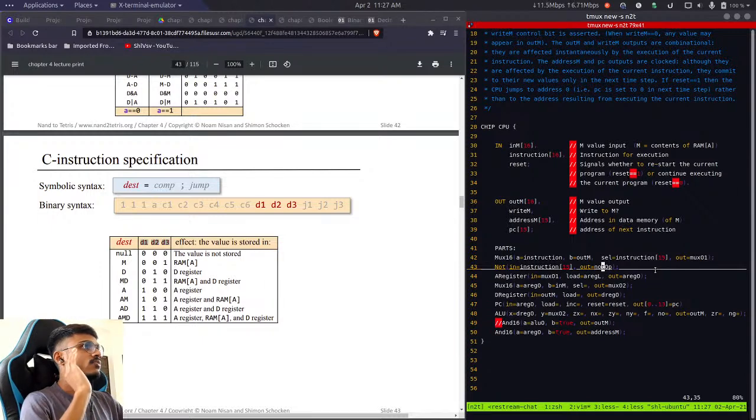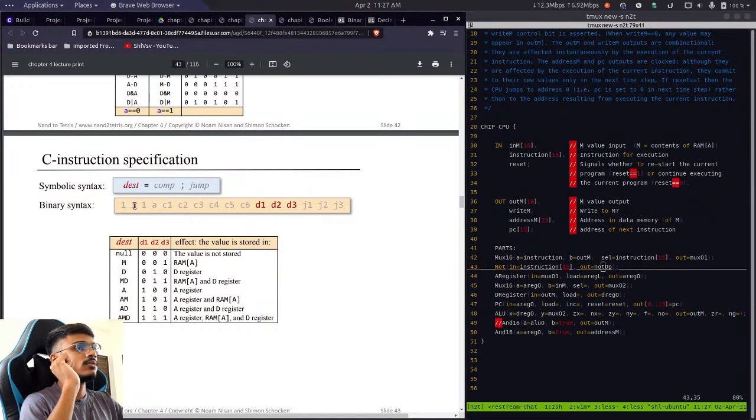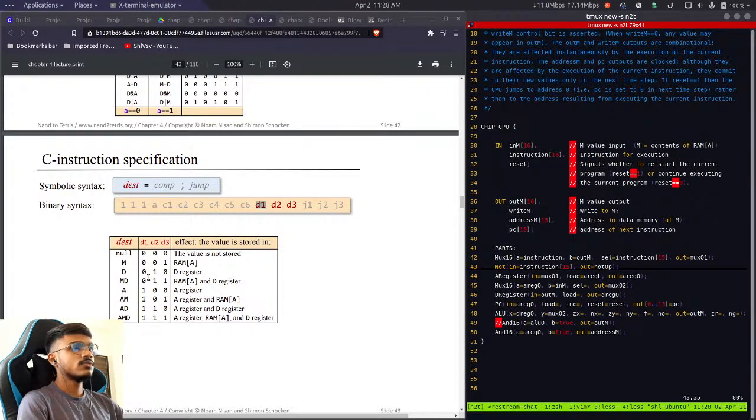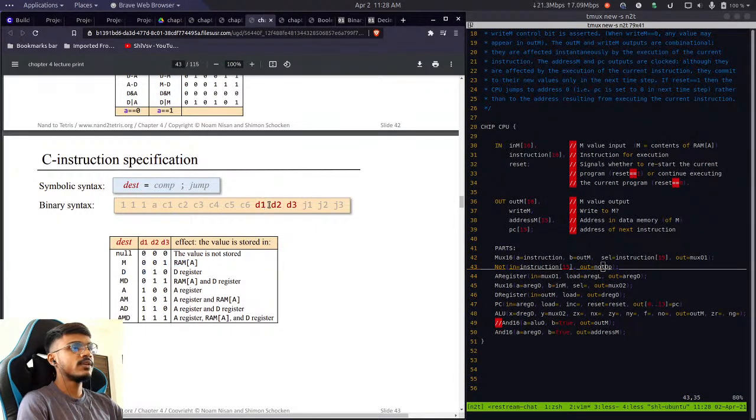So if the 15th bit is the opcode, this bit is the opcode, these 2 are unused in case of C. So 15, 14, 13, 12, 11. So 0, 1, 2, 3, 4 and 5. So the 5th bit is the one we have to worry about in this case. So if it is the 5th, right? 0, 1, 2, 3, 4 and 5. Yeah, if it is 0,